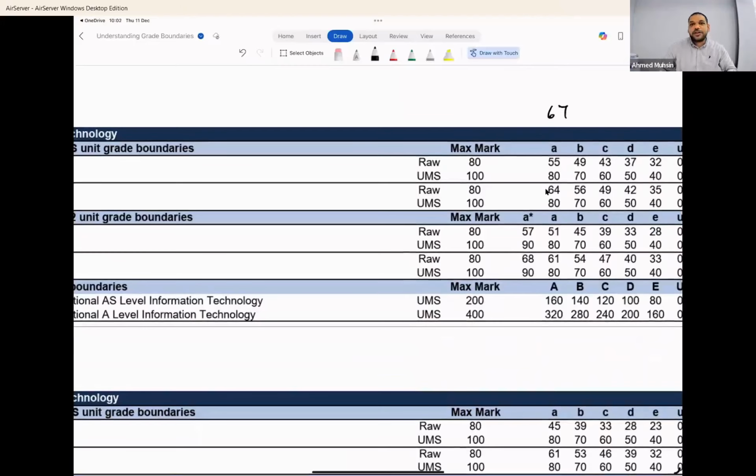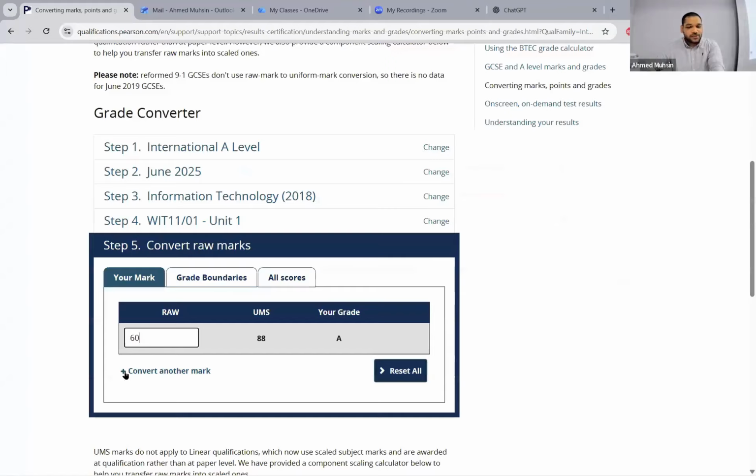That is the formula for Unit 1 and 2. You can't say unfair or fair. That's how the examiner has decided that. For Unit 3 and Unit 4, it's A star minus A, that difference plus A star. But for Unit 1 and Unit 2, it's A minus B multiplied by 2, plus the A grade boundary. So 67 onwards is 100. How much did we say you scored? You scored 60. So you didn't get 100 over there.